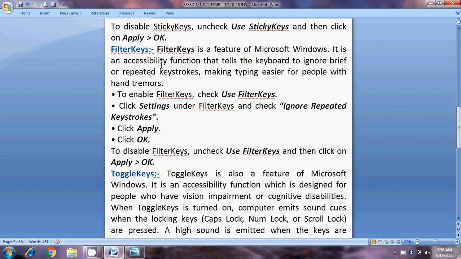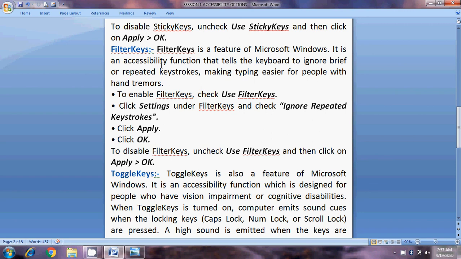Suppose you are a person with a hand tremor or trembling hand problem. Then what will happen whenever you are trying to type something? There is a chance a key is kept pressed for a while and a particular letter gets typed many times in a series.